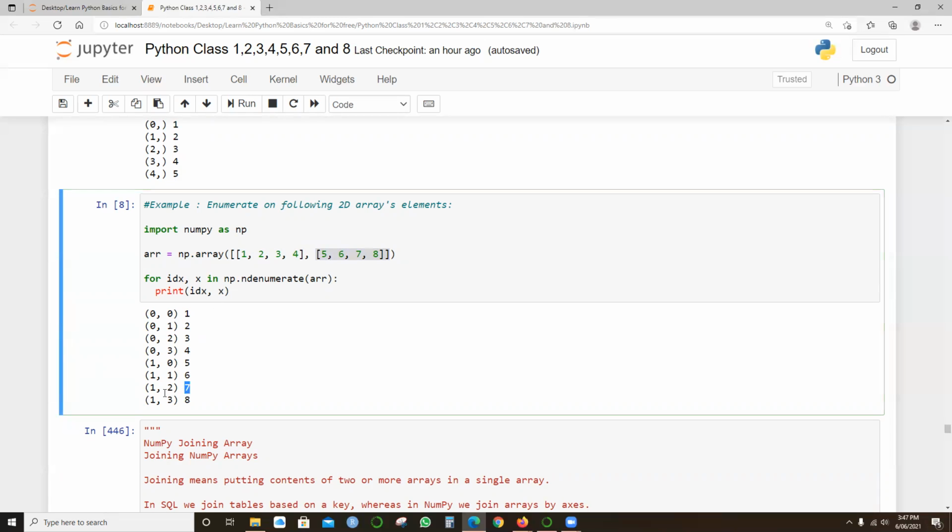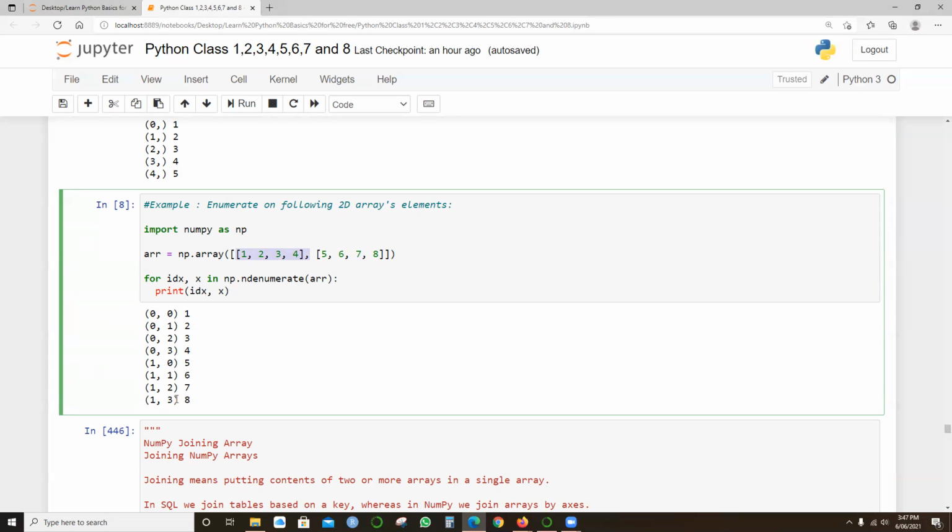If I pick 7, that means this is the 0th dimension index which has been assigned to this one, and this one has been assigned 1 for the second dimension. So when I say 7, it shows 1, 2, meaning here 0, 1, 2 will be these elements 5, 6, 7, and this 0 and 1 denotes from which array it's picking the value.